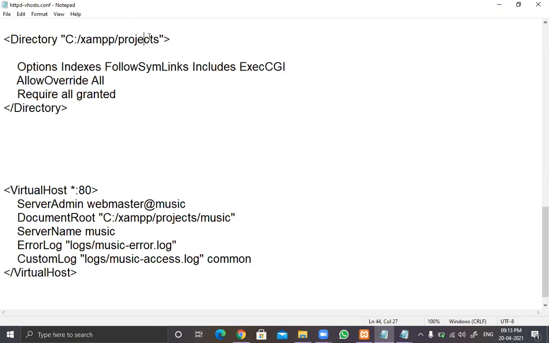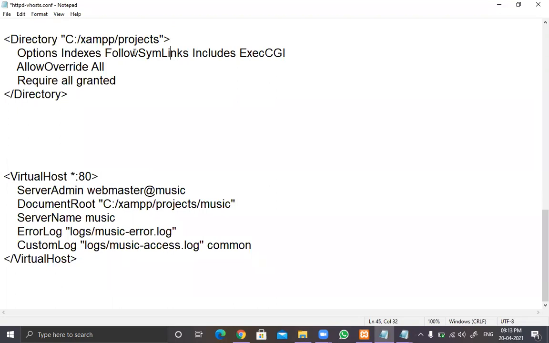Like the music folder, the tourist folder, the BSCIT3 folder, all these are under this projects folder. So this is going to give the explicit permission to all those folders below the projects folder. That's all. Keep practicing and we'll connect and discuss more things in the next lecture.